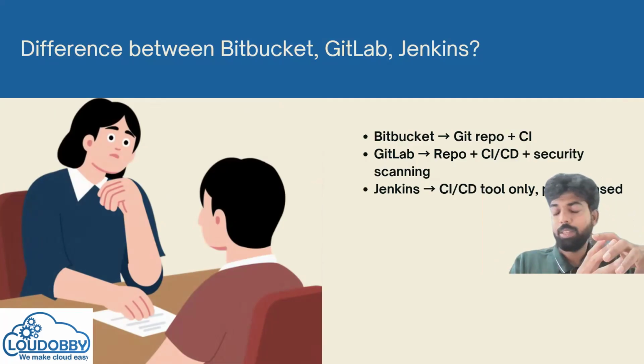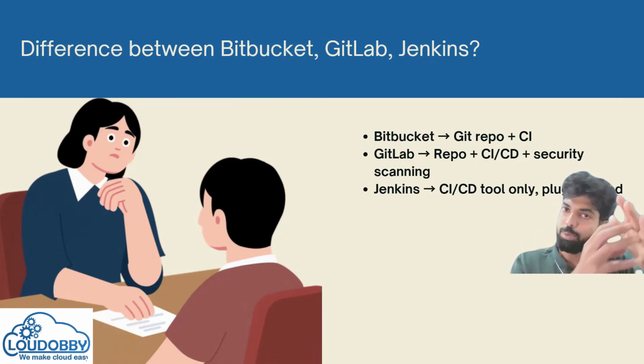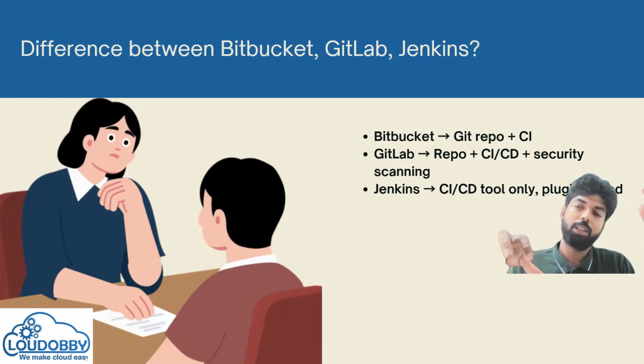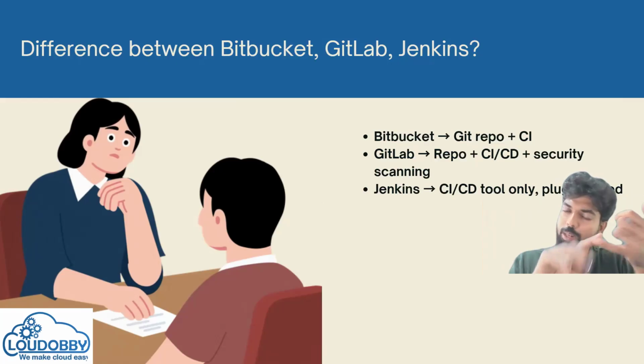But GitLab has versions, licensed versions, basically an ultimate license and an advanced license, where the source code will be in GitLab. The build will happen in GitLab using the GitLab .gitlab-ci.yaml file, like a Jenkinsfile. And the same file we can use for deployment also. So GitLab can do all three.